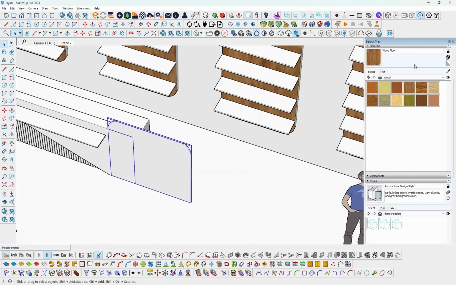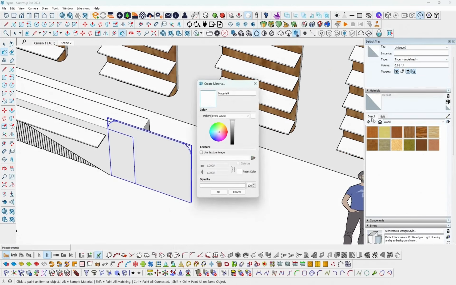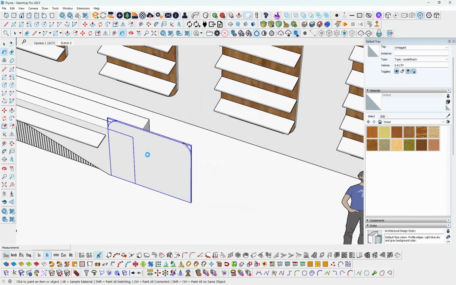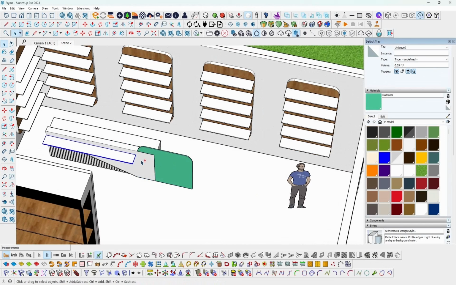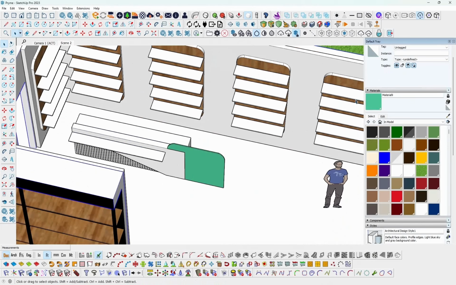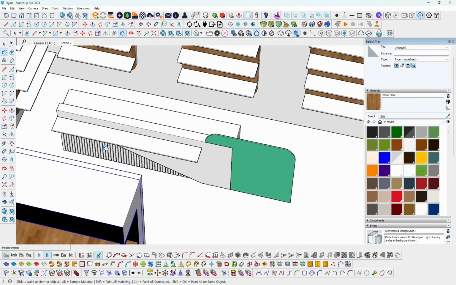I'll group it, go and create a color. We'll fix all that when we are about to render, but we'll try and get as close as we can to, I don't know, the original colors. Now we'll group this to this to this. Okay, that also has the wood. We have an eyedropper here. You click on it, sample color, and drop it on the wood. Now we'll group this,